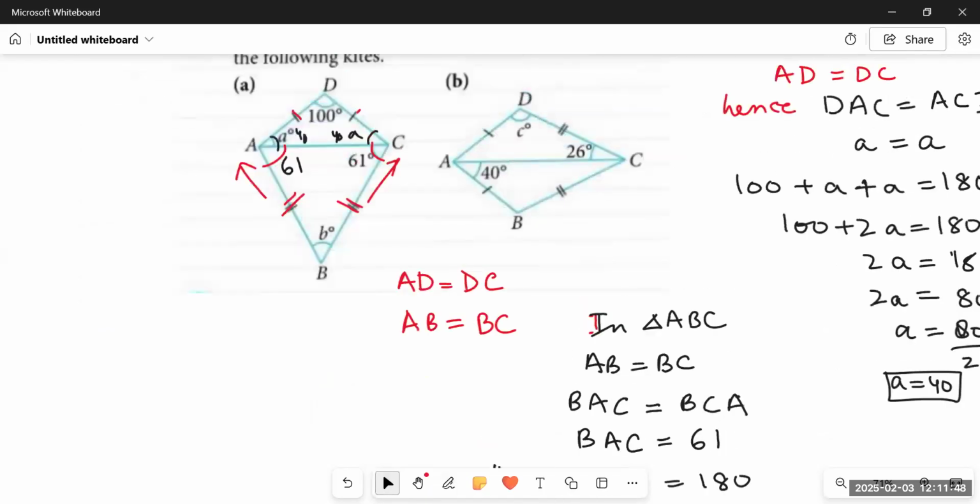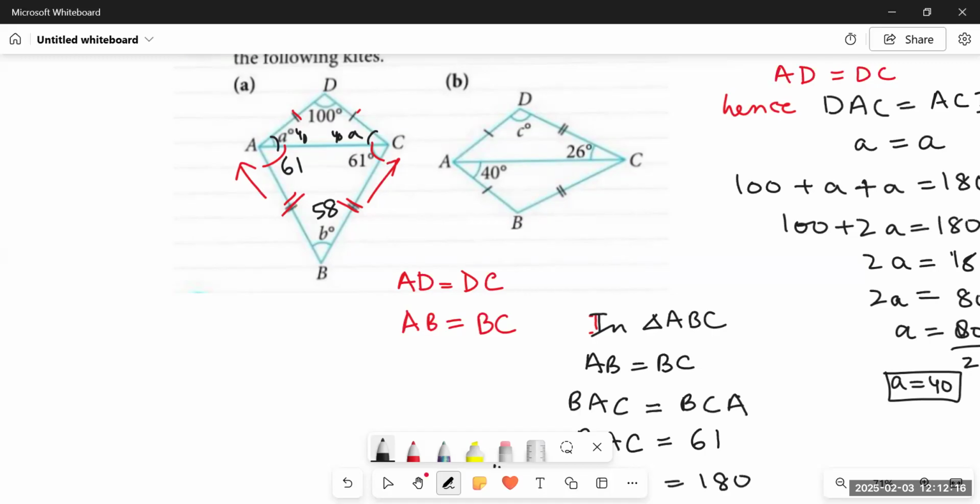You see? So angle B would be 58 degrees. This is how we have easily found the value of angle A and angle B. But the procedure of finding both the angles was different, because in the first triangle ADC, the angle that was given was 100 degrees, which was not equal to any of the two other angles. So what we did, first we subtracted it from 180, then we divided that by 2.